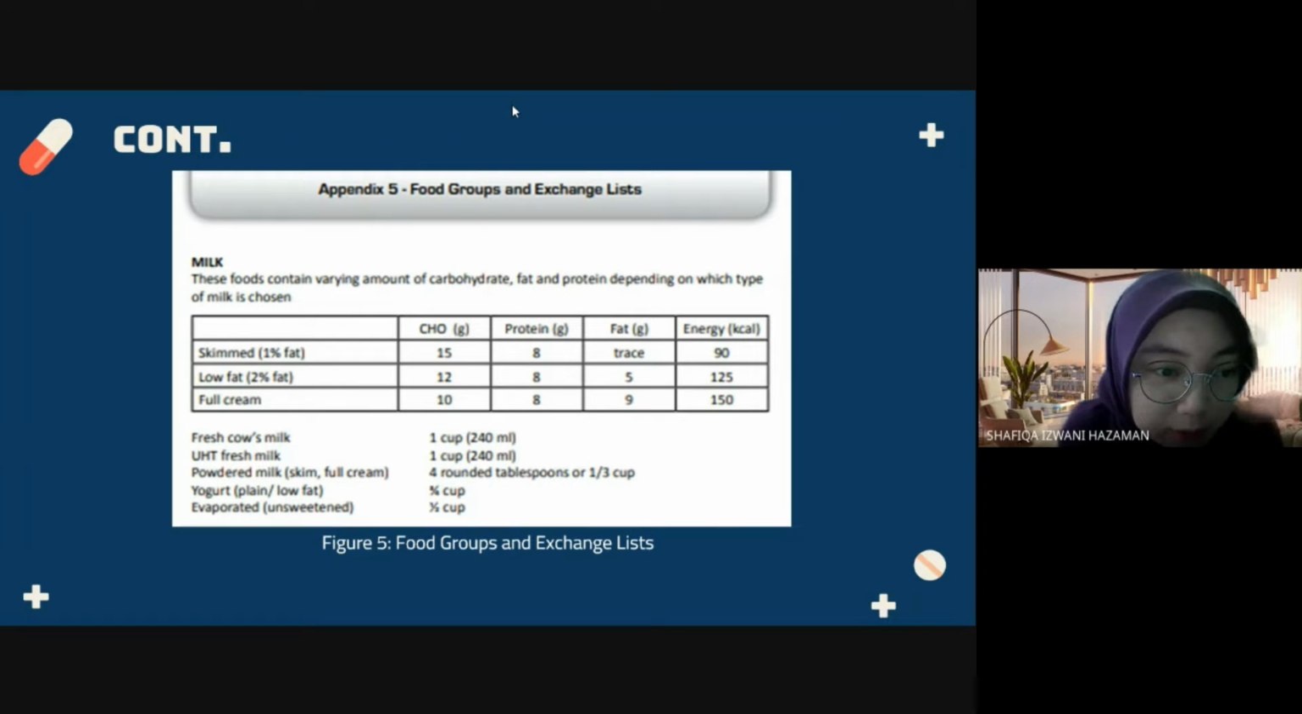this is the food groups for exchange for milk, where there are different carbohydrate amounts in one exchange for skim, low fat, and full cream. For skim is 15 gram per one exchange, for low fat 12 gram per exchange, and for full cream is 10 gram per exchange. Next,